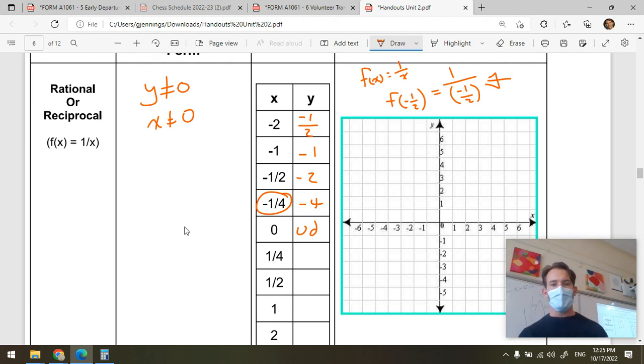Okay, so let's put these values. So this is 4, this is 2, this is 1, and this is 1/2. Okay, you just flip those numbers, flip them into their reciprocals, that's all. And so let's graph it. 1, 1 was in there. 1/2 gave us 2, 1/4 gave us 4, 2 gave us 1/2, 4 gave us 1/4, and this is a